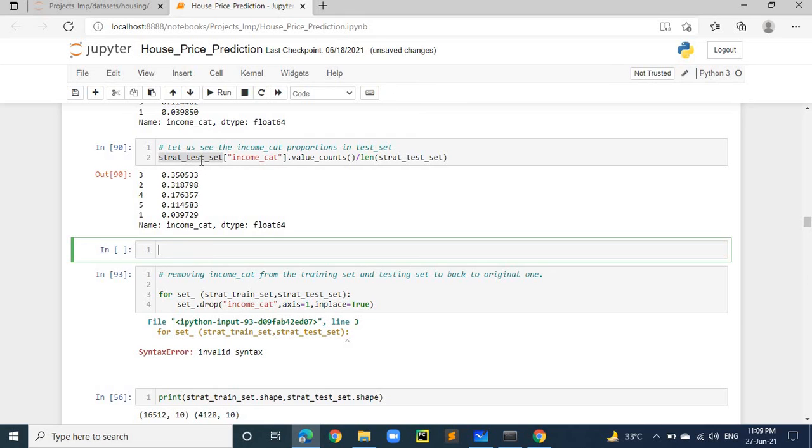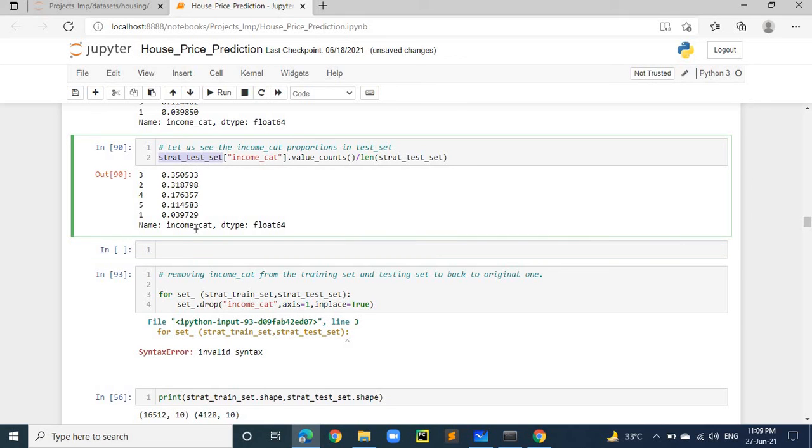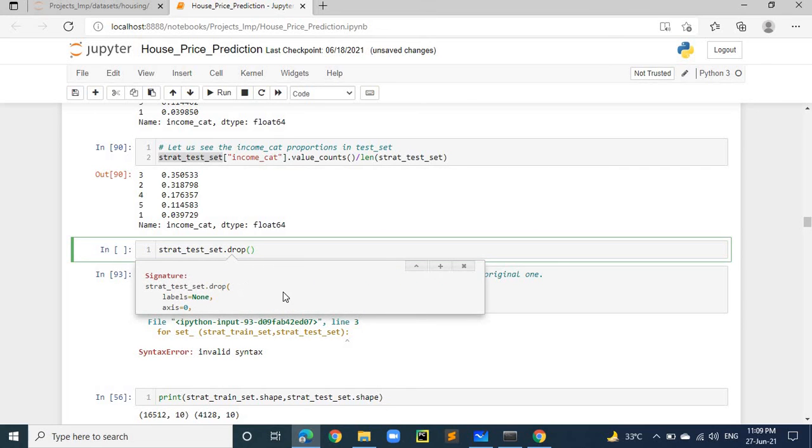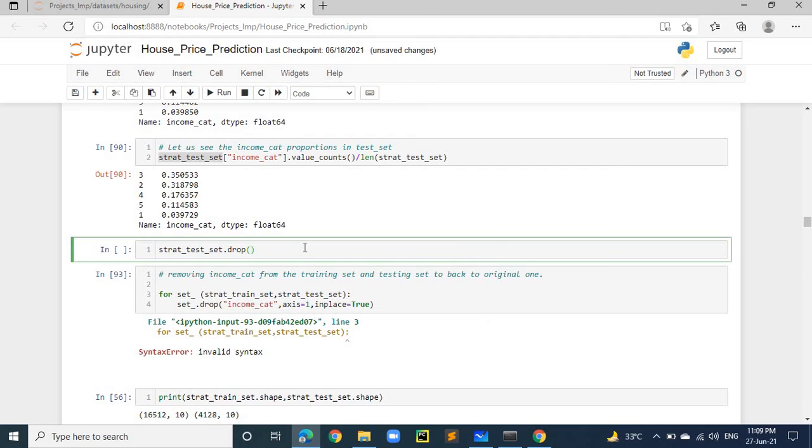You can drop it like this way: training data set, test data set, we can use .drop. We can mention here income_cat, comma, axis equal to 1.